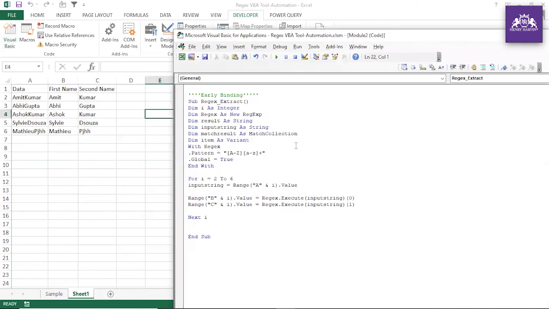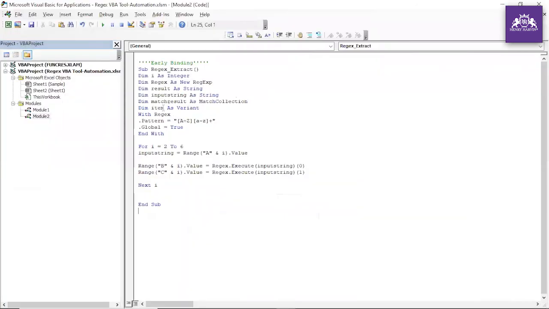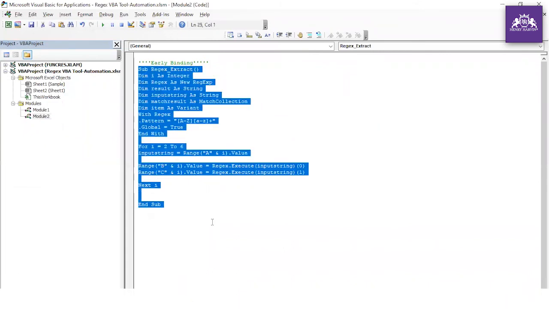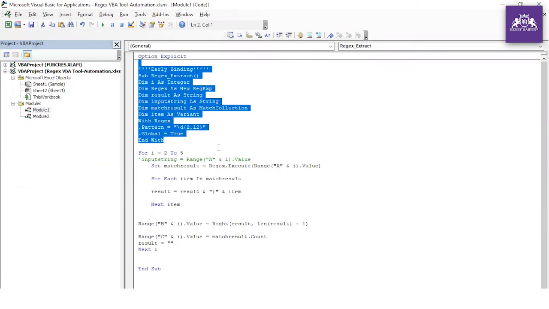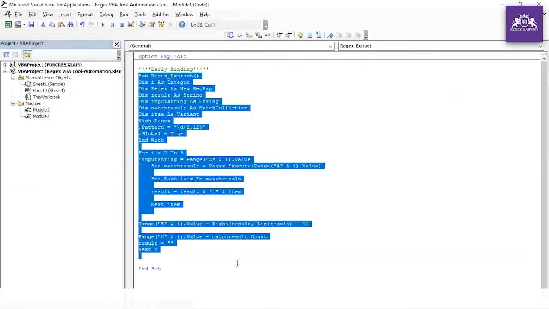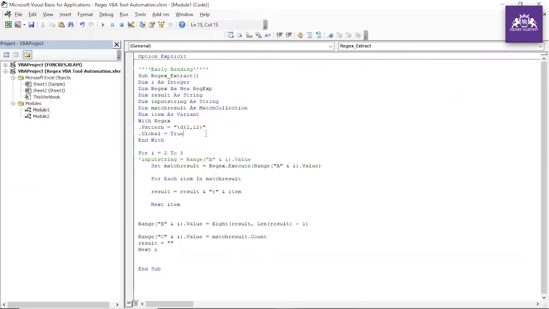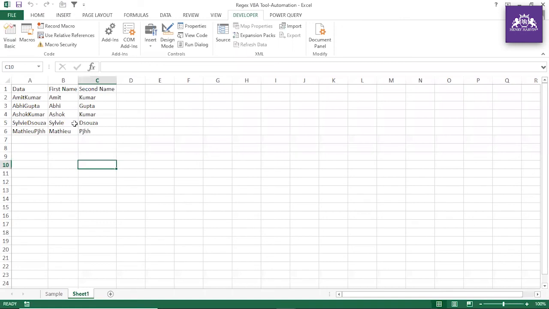So we have done lots of coding today. You just go through this once again. All right, and we have done this coding regex. And here we have built lots of parameters, lots of patterns. And guys, one more thing, if you have to find out if some keyword starts with ABC, so you can write that, or maybe ends with Amit, so you can use the dollar sign. This is the pattern.